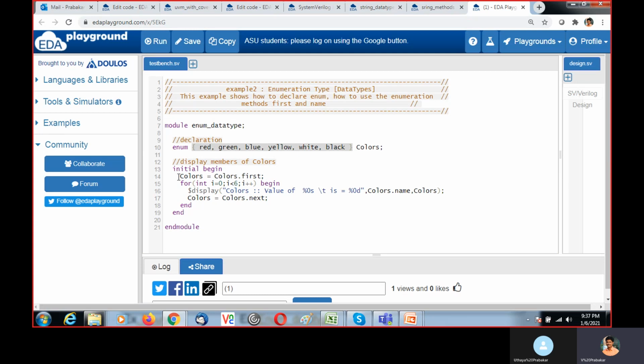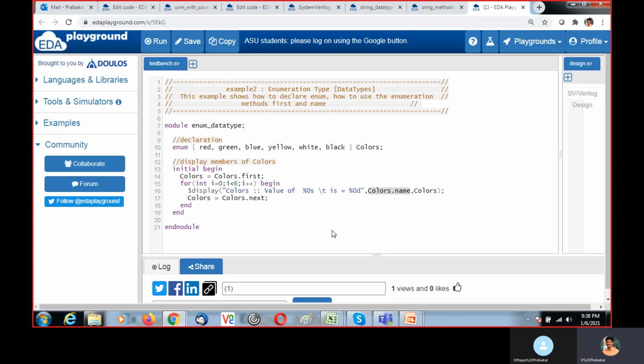Now within this initial block, for colors I am assigning colors dot first, which will give red. It is assigned to colors. Now colors is red, and inside the for loop it will run 5 times from 0 to 5. I am going to display